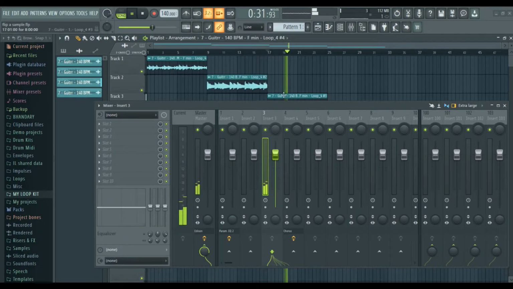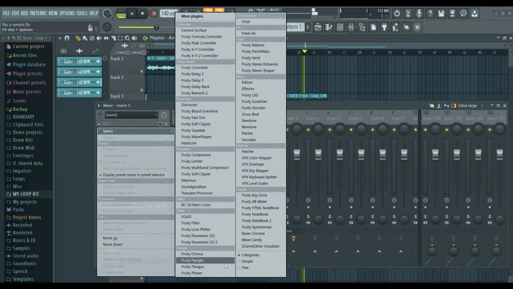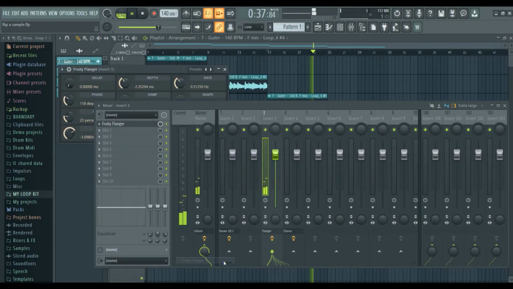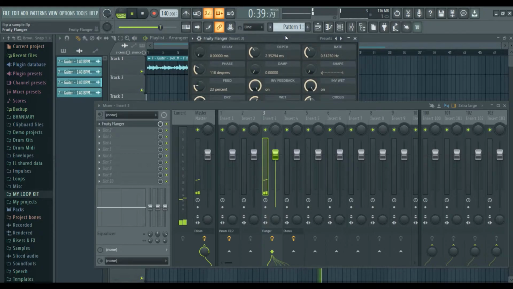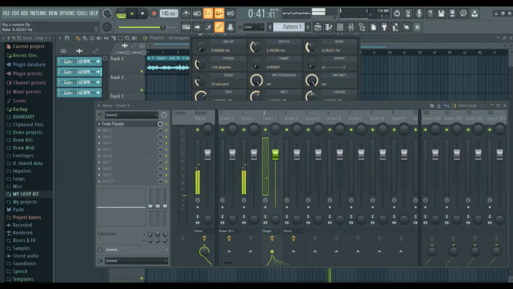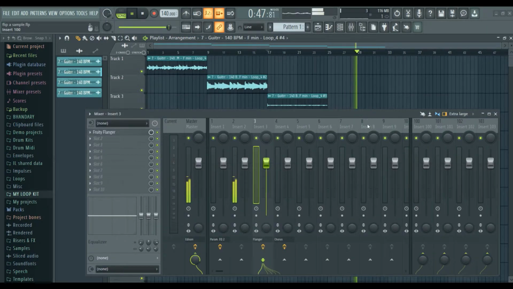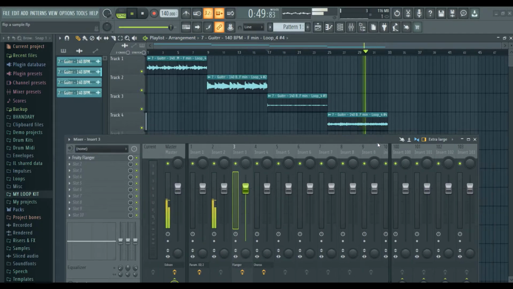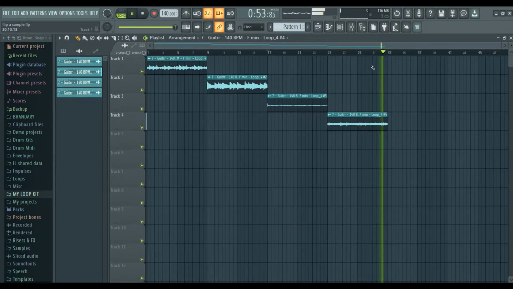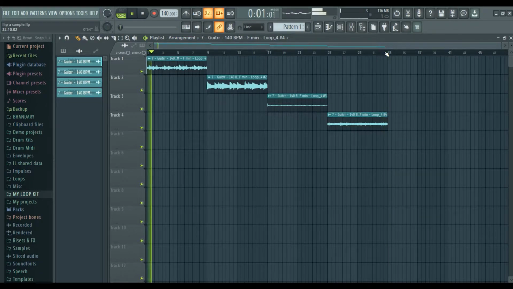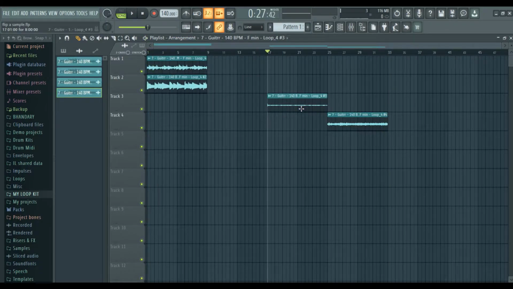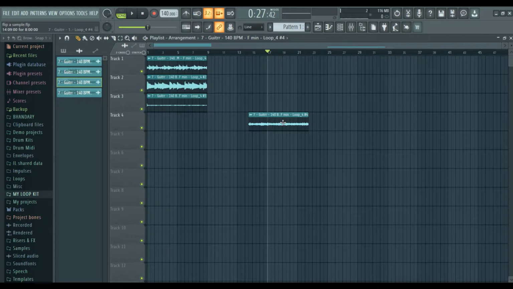Now for this piano arpeggio, I'll add a flanger. So that's our loop done basically.